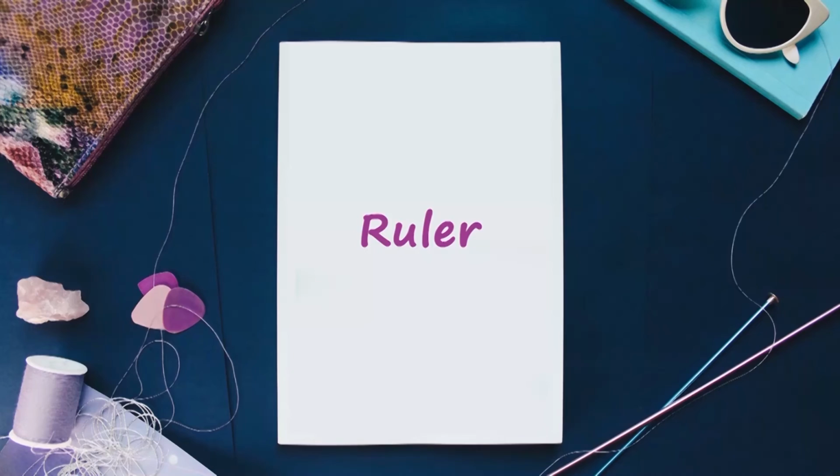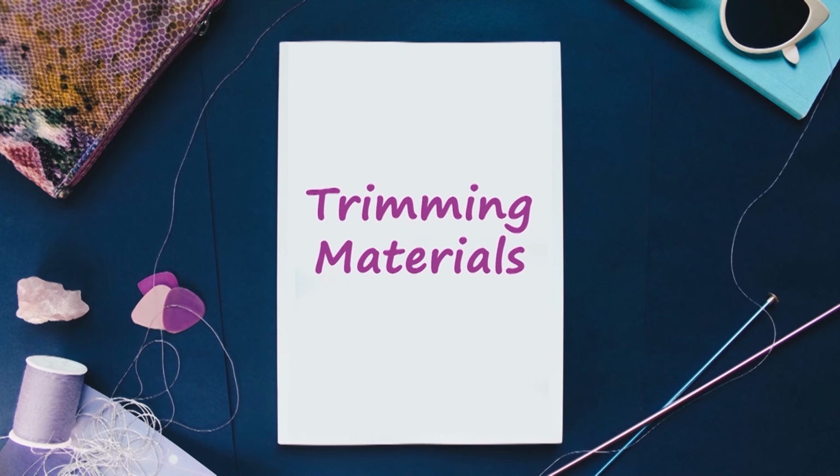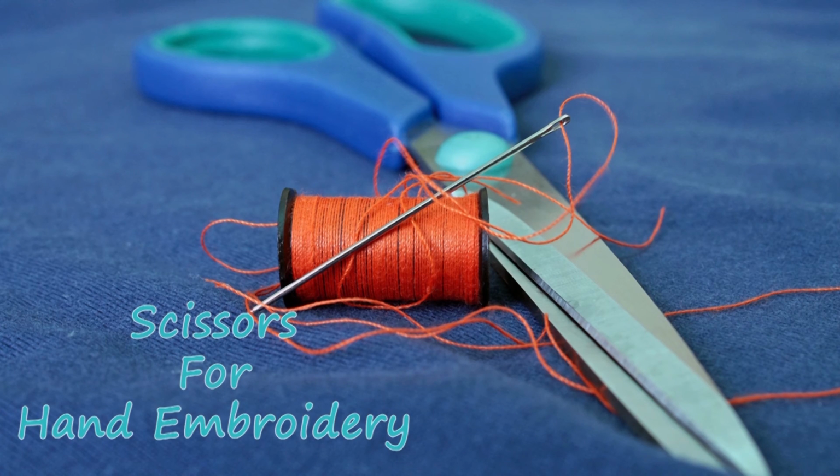Metal, rubber and plastic thimbles may be available in the market. Ruler. A simple ruler of 6 or 12 inches may be used to measure the accuracy of embroidery as per the motif and design whenever it is required. Trimming materials. These are used to decorate the embroidered pattern made on any fabric sample or garment. They may be selected according to the embroidery design, type of fabric and use of product or material, liking of the user, etc. Scissors for hand embroidery.